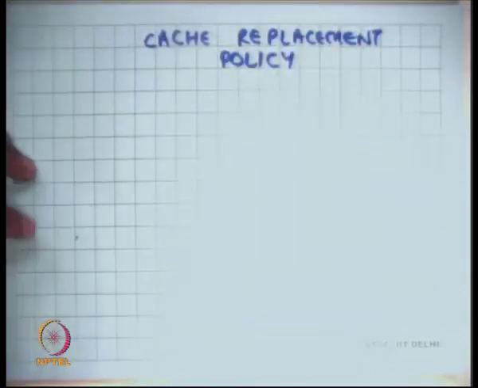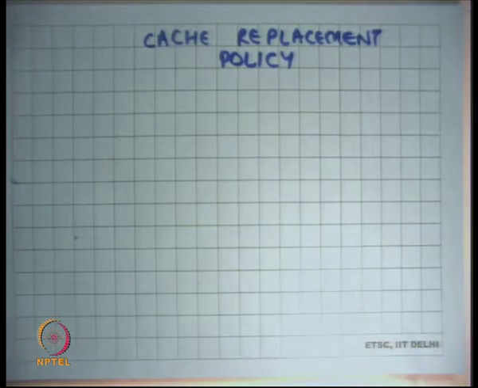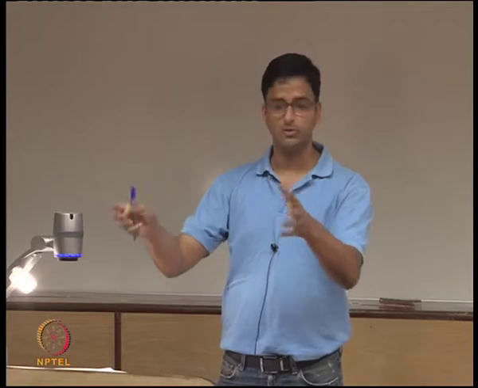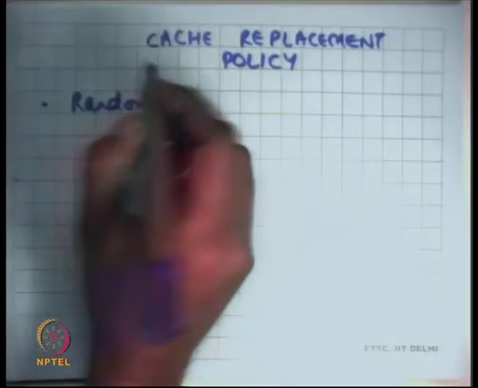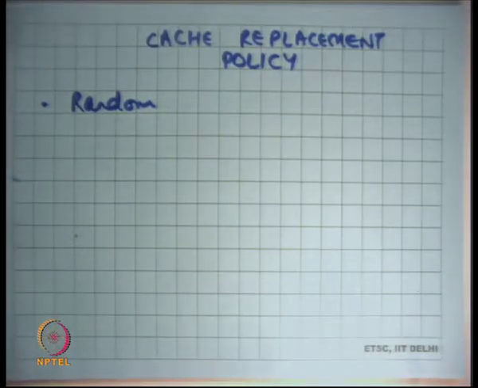Right. So what page to evict? You have figured out that this is the page, or this is the set of pages, I want to bring in. So if you have decided that these are the pages you want to bring in, what are the pages you are going to throw out or eject, right? So the first policy is random. Just pick any page or any set of pages in your cache and just eject them. The advantage of random is that it's very simple. You don't need to maintain any data structure. The disadvantage is that you may actually be ejecting hot pages, and that's not a good thing, right?